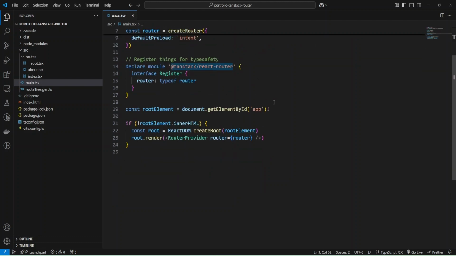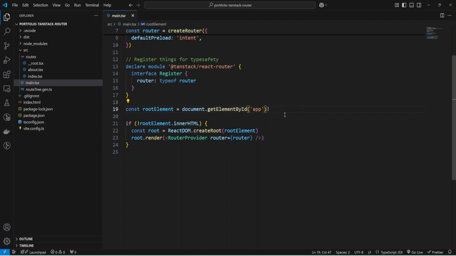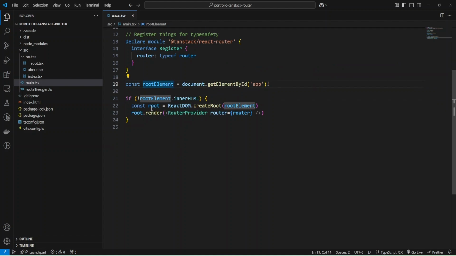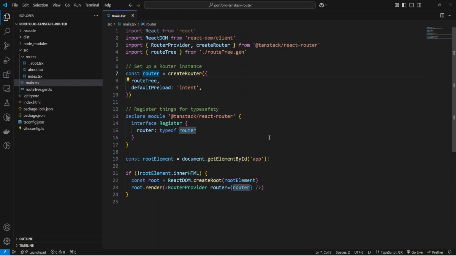And then we got the root element using JavaScript getElementById. It's a vanilla JavaScript function, and we retrieved the root element, and then they render RouterProvider with the specified router.